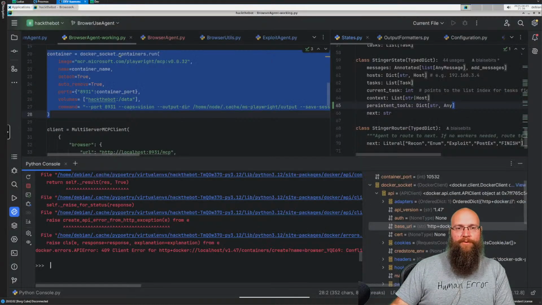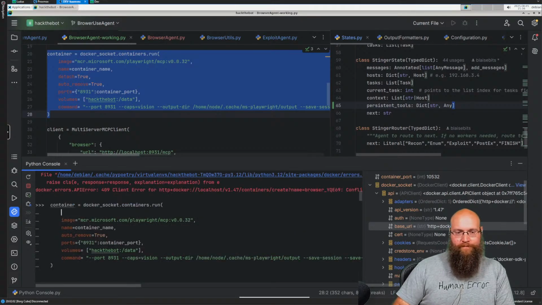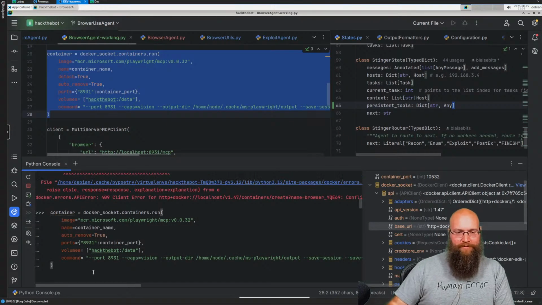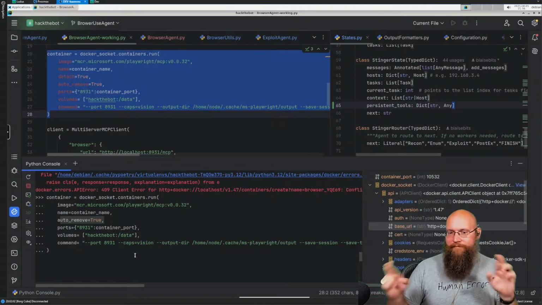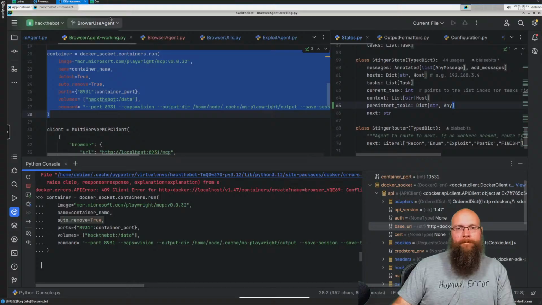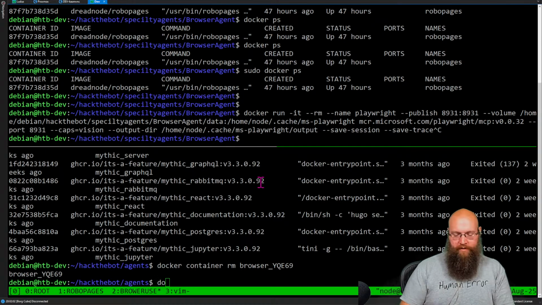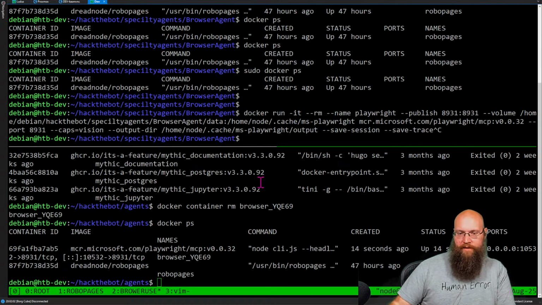Okay, let me see if this will actually run now. Let's see. You just cut it out and send the command. Gonna run. Let's see. It looks like it is running. However,